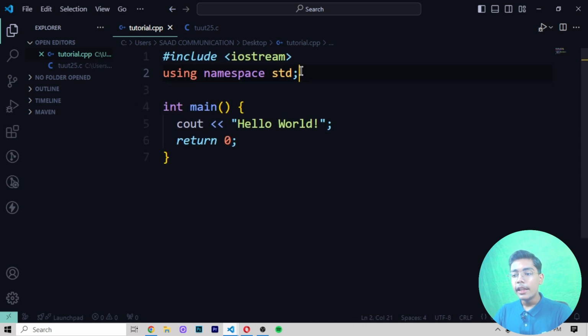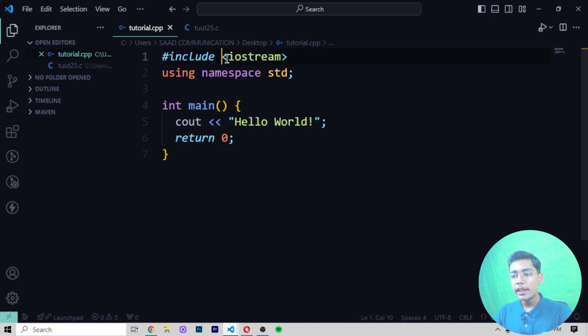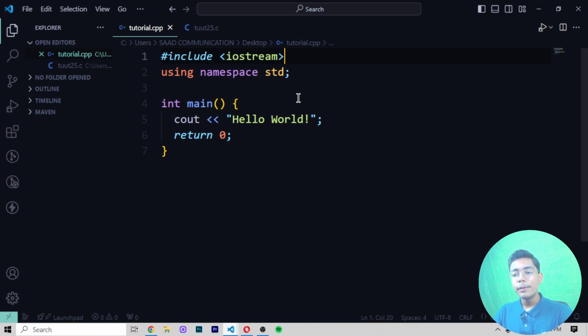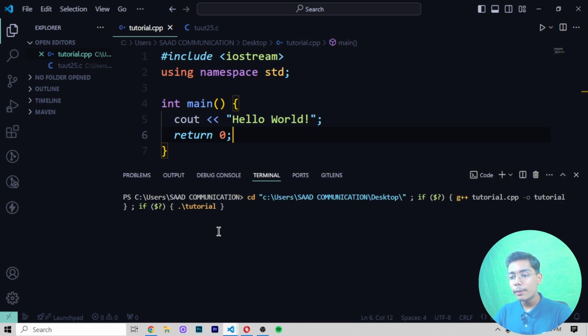The difference is that this hashtag include and this IOStream which we were using are the same, but we are using IOStream with a space because we don't want to import any data from another file. If we are using IOStream to create a project, then we have to use it without any space so that it can import data from another file. Now we are using it with namespace std, so this hello world program will be printed on our terminal. If I run this code by pressing run code or Control Alt N, it will run on my terminal, and you can see we get the starting code running as hello world.